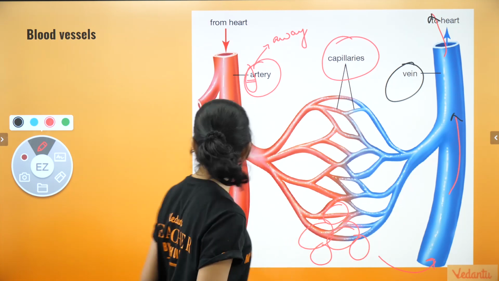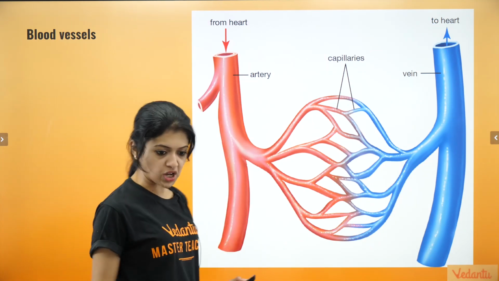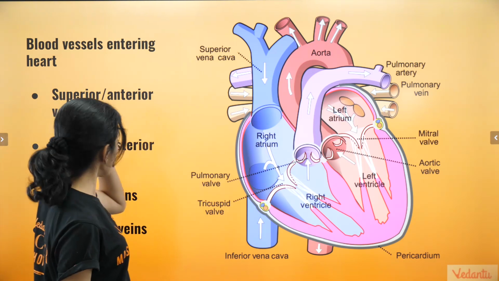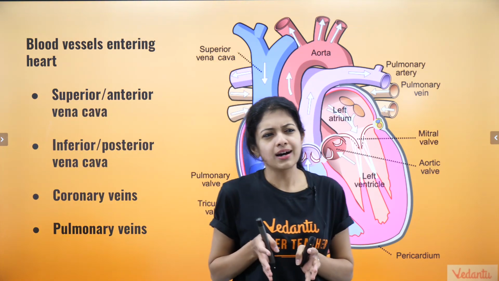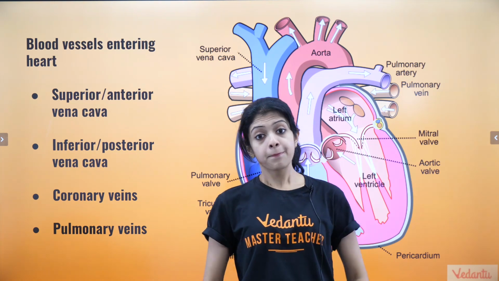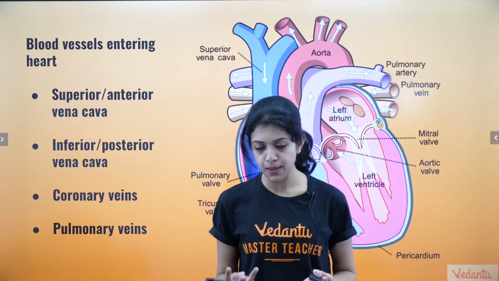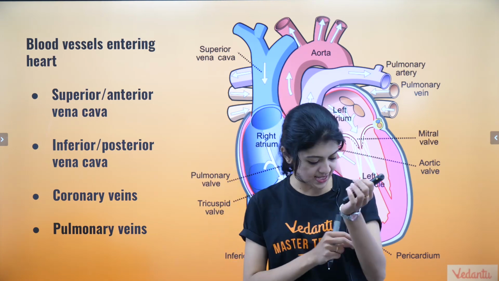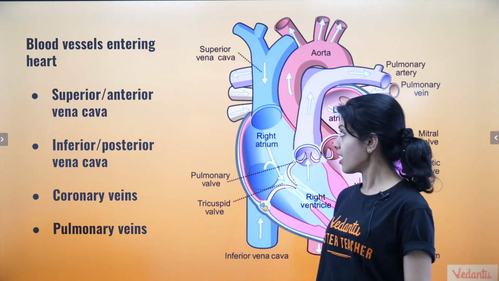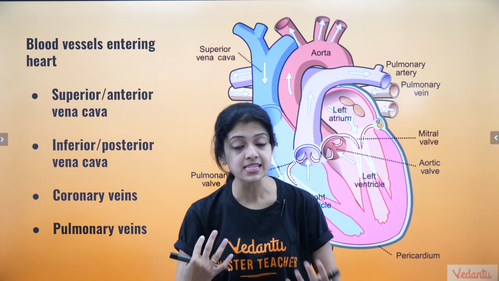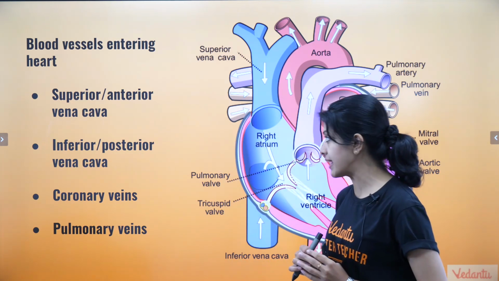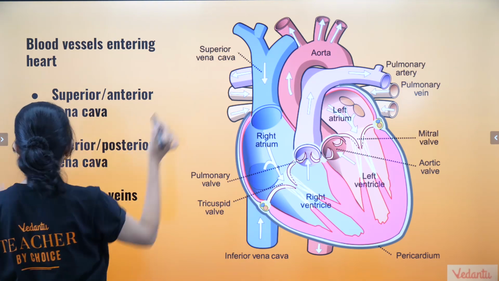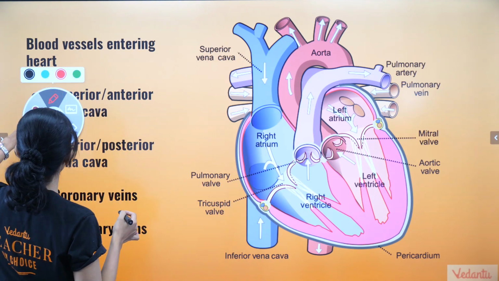Okay? Now, what happens next? We have seen the chambers of the heart. We have looked at the major blood vessels. But more importantly, we need to know slightly finer details. In general, blood vessels are of 3 types, which is what we saw, but we need to know specific names of some of the blood vessels, okay? The first one, this is about blood vessels which enter the heart, okay? The first one being the superior or the anterior vena cava. The superior or the anterior vena cava that you can see on top in this image.